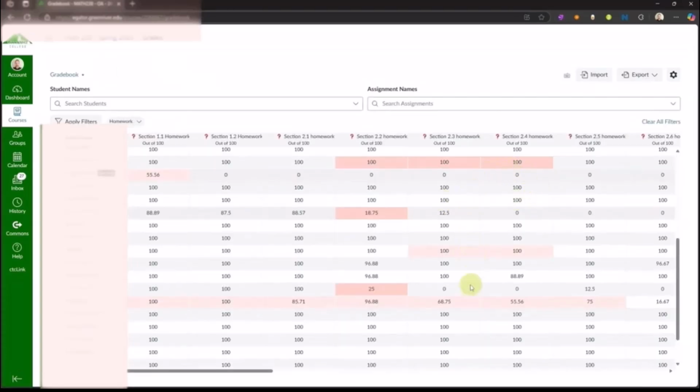So once it's had enough time, then all of those will be displayed as the actual zeros that I filled in. So what we did there was we exported the gradebook, went to Excel, used Command H or Control H to allow us to replace all those blanks with zeros, and then re-imported back to Canvas. So that's how you can replace a lot of blanks in a Canvas gradebook very quickly using Excel.